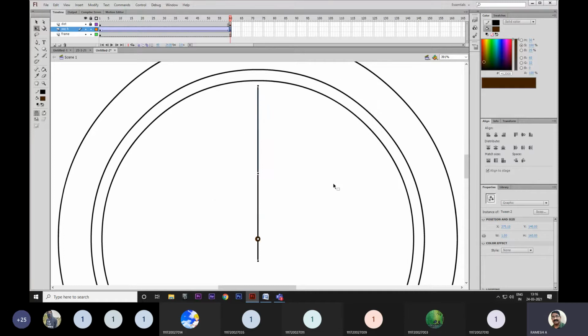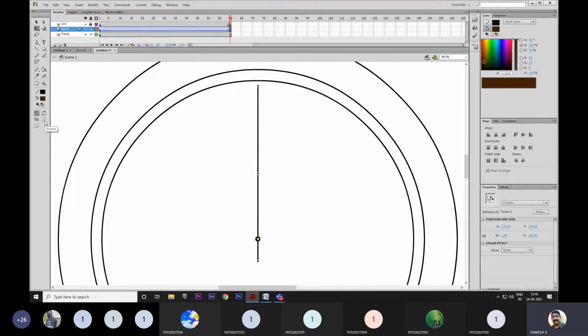Okay. If you want to know the exact time, just look at here. There is a frame rate here. What is the frame rate? 24 frames per second. It is reading per second 24 frames. Total how many frames we have? 60 frames. 60 divided by 24. Who is good in maths? 2.5. That means correct.